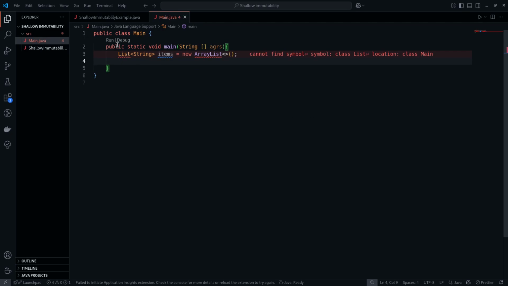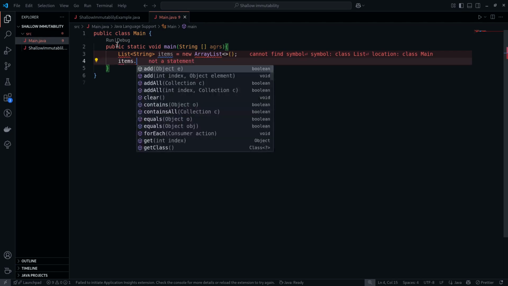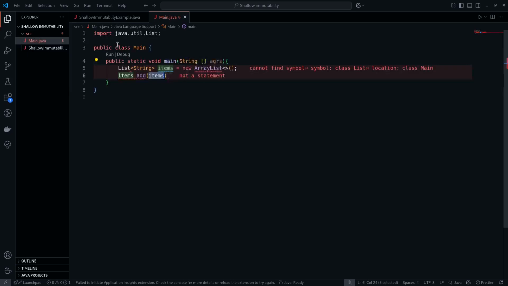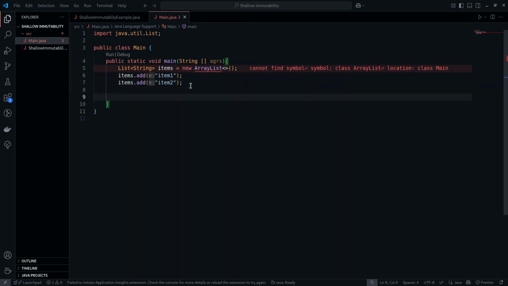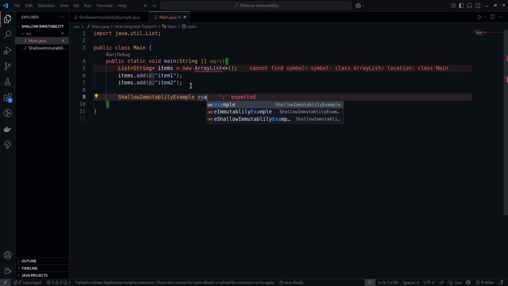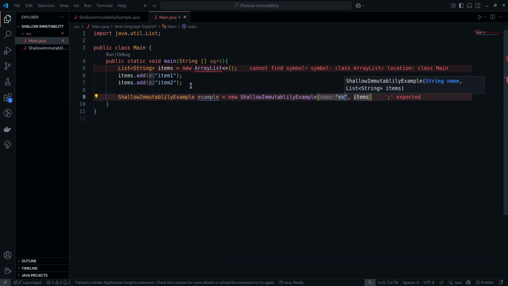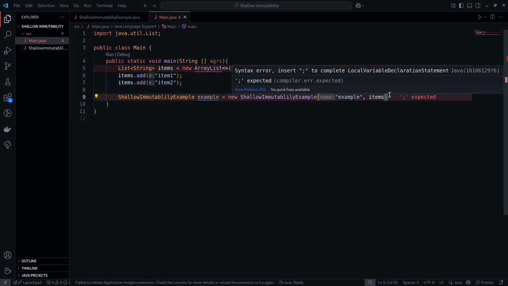In that items we add some object and call this items 1. We can add another one calling item 2. So now we can instantiate the shallow immutability class example, calling it example. In the first argument example, and in the second argument we assign this list of string that we created,